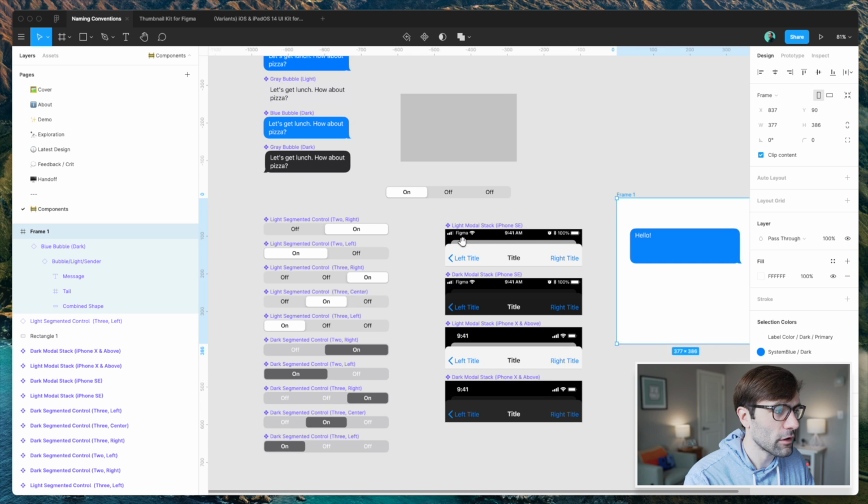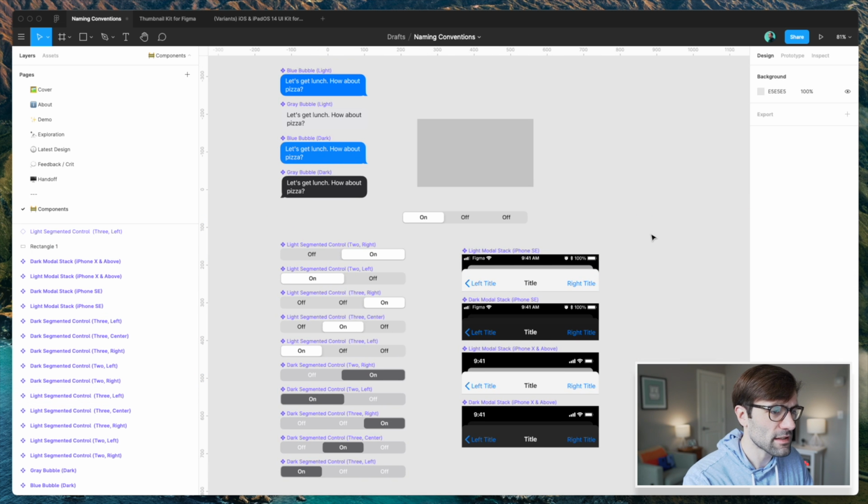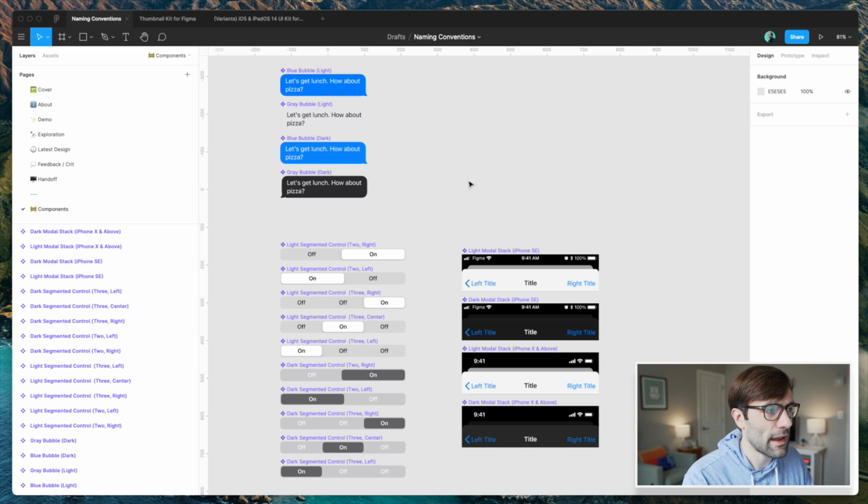So if we go back over here, I'm just going to clean this up real quick and delete some of these that we brought in. As it stands right now, we have 3 groupings of components. We have these message bubbles up here at the top. We have segmented controls down here at the bottom left, and then we have these modal stacks over here on the bottom right. And as we saw earlier, they're all kind of clumped together in a list,